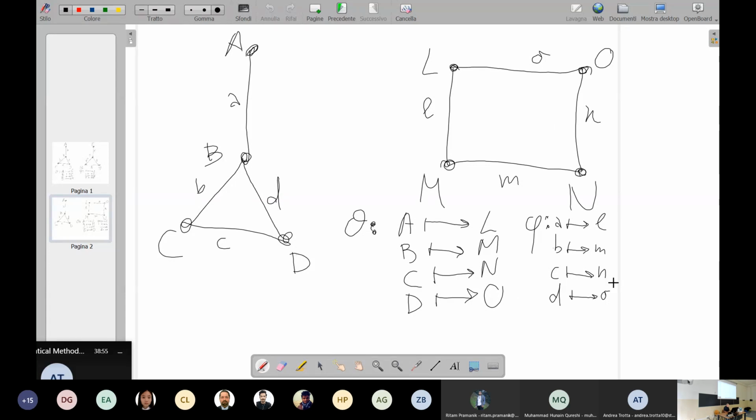With the small d, we must go to small o. What are the ends of small d? Capital B, capital D. What are the ends of small o? Capital L, capital O. But unfortunately, they are not the correct ones. Okay? We should have that